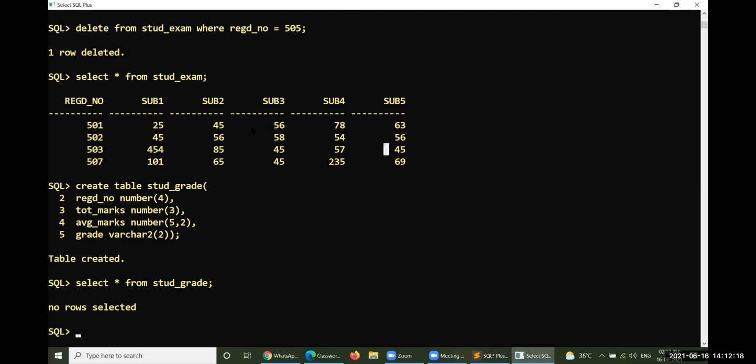If you run the cursor, obviously the total marks, average marks, and the grade of the particular student will be calculated, and the calculated data will be pushed into this particular table. The table is STUD underscore grade. Okay, so that is the agenda of us. So let us insert some more rows here.